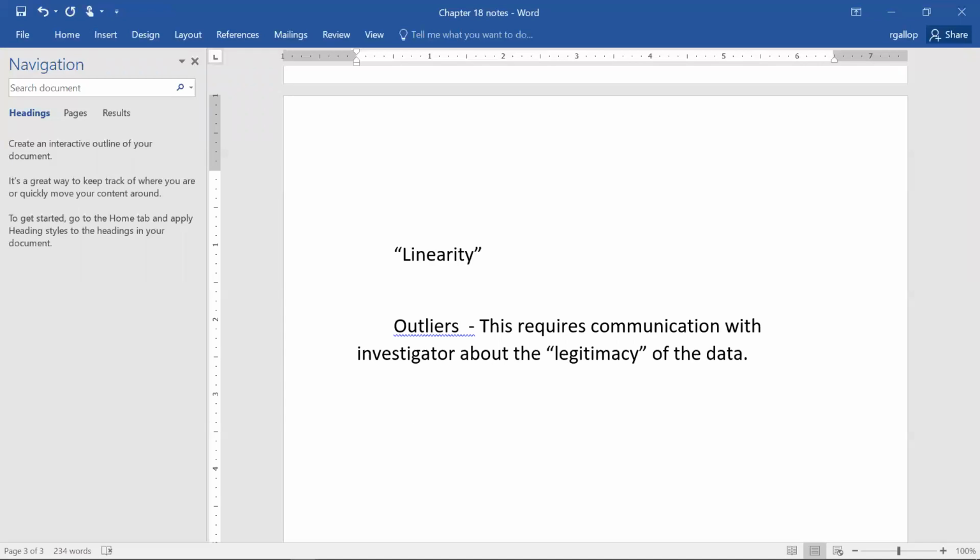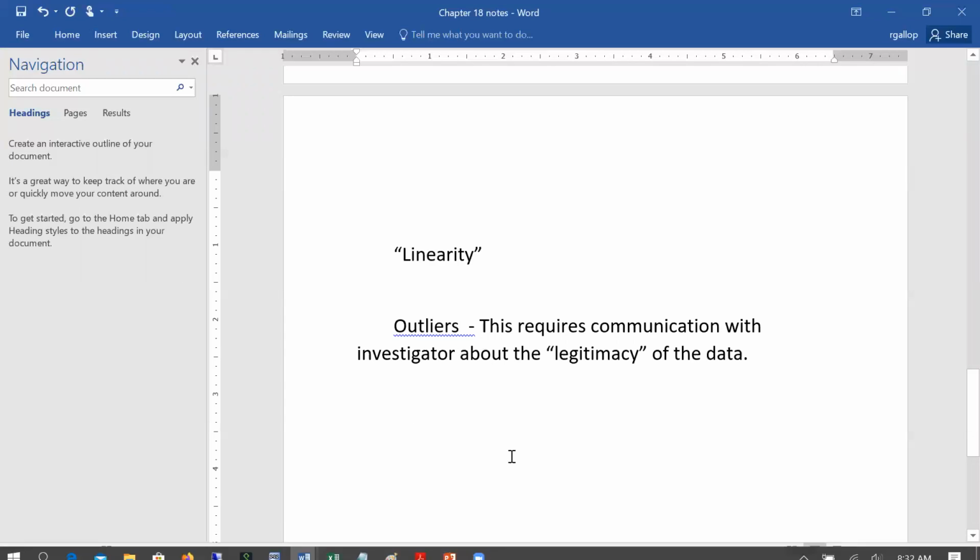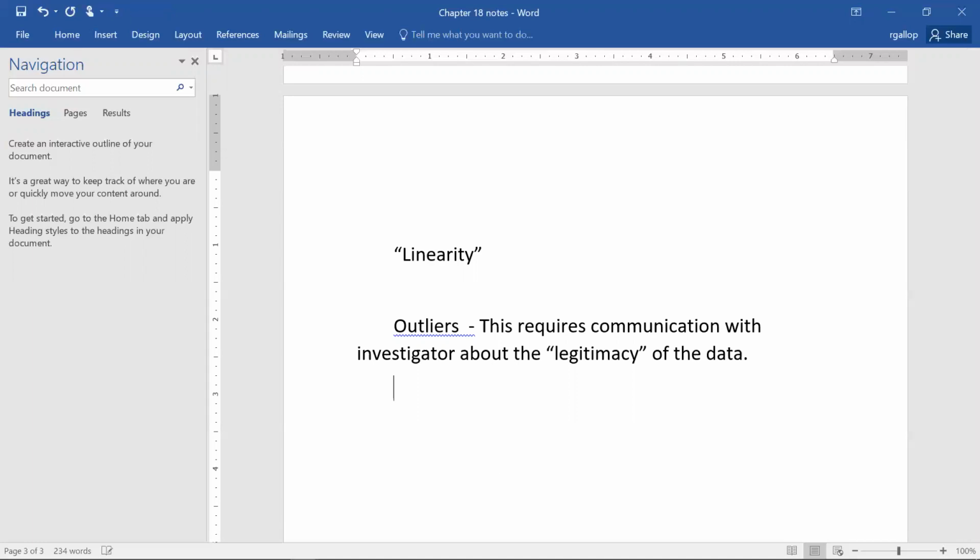Talk about whether or not some values are actually truly legitimate. And again, with the outliers,